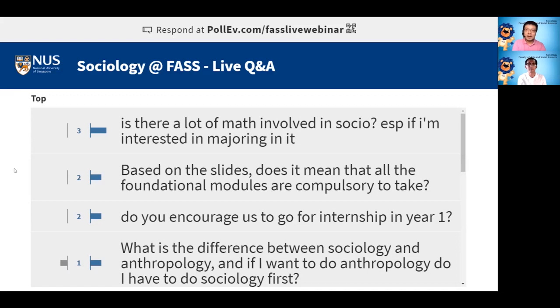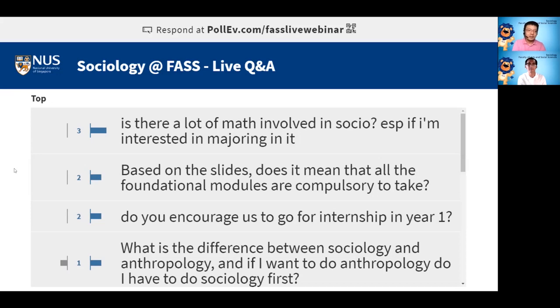For example, in the sociology of life course and aging, because it's a module in demography, in social demography, there's a lot more reading of articles that has to do with math, right? That has to do with correlation and statistics and so on and so forth. So those topics are more mathematical in that sense. So there is not a lot of math, but there is some math, and we will need you to learn some math. In any case, the department is actually a department of sociology and anthropology.